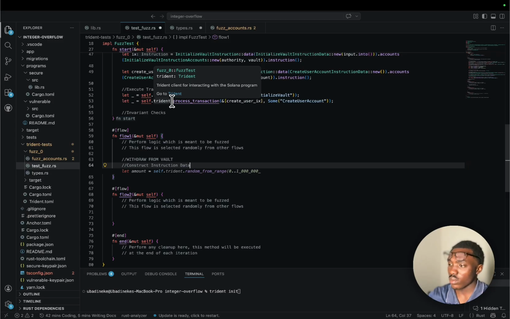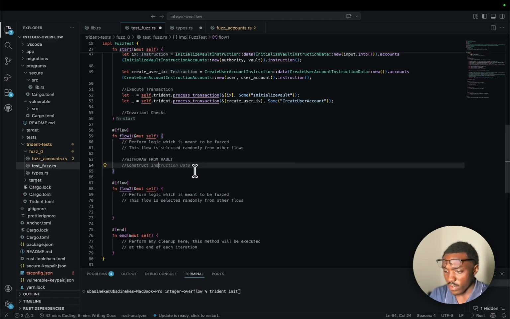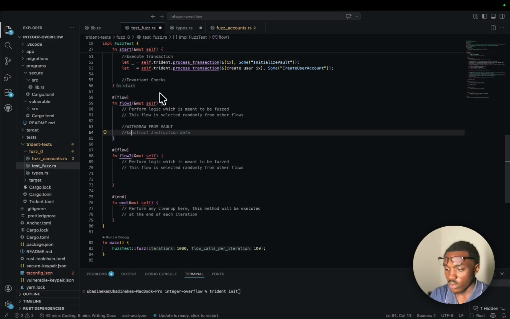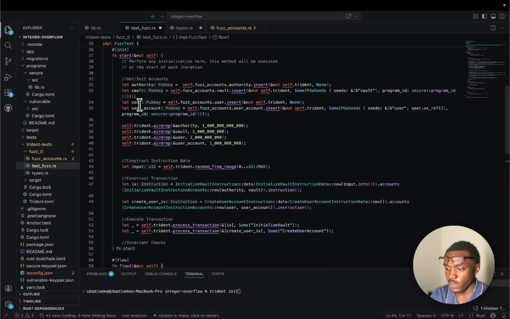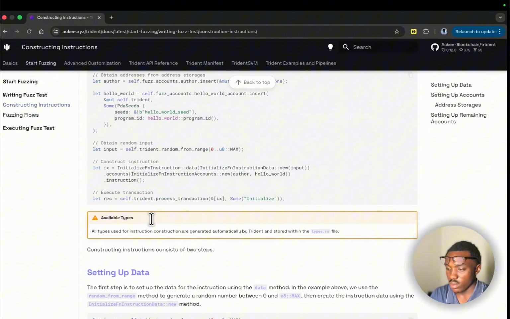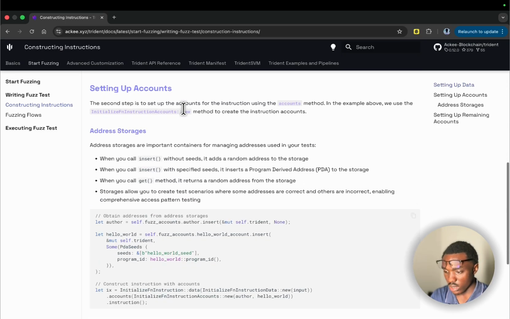So first things, not construct data rather. Now here we have get/init accounts. So these accounts that have been initialized in the first part, we use them here. So the first point is to get accounts. Let me show you what I mean. Most of what I see, I picked from here. So constructing instructions, you can see in flows,